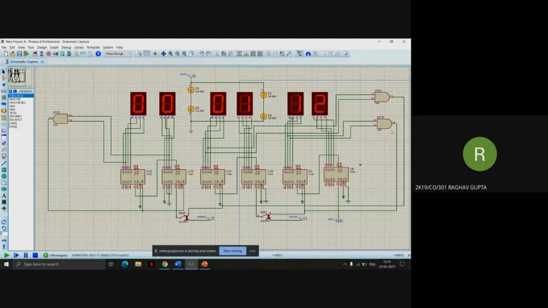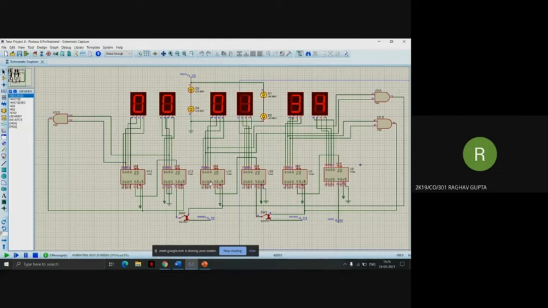When the second IC reaches 6 in decimal, only the 6 and 2 terminals of the IC will be high. So the input of the AND gate is connected to the line joining the 6 and 2 terminals. The output of the AND gate is connected to terminal 14, that is the reset terminal of the second IC, and to terminal 5 of the third IC. So when the output of the AND gate is high, it will reset the second IC to 0 and send a pulse to the minutes block.